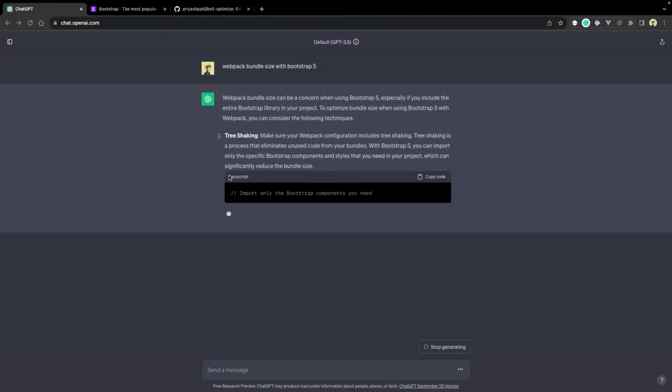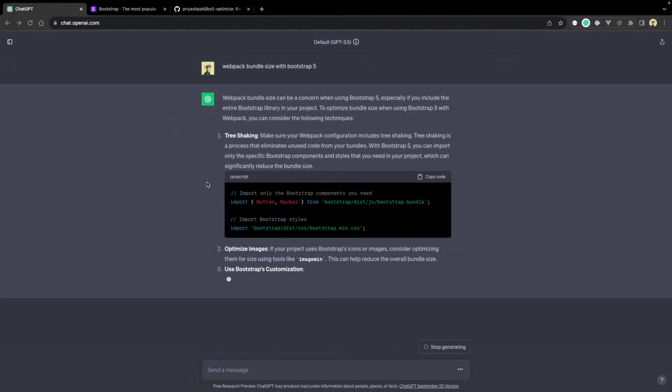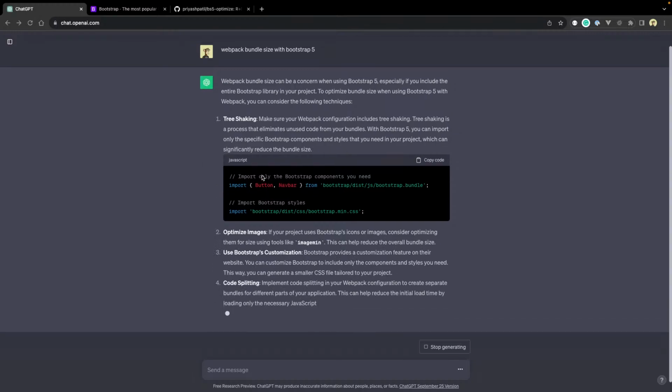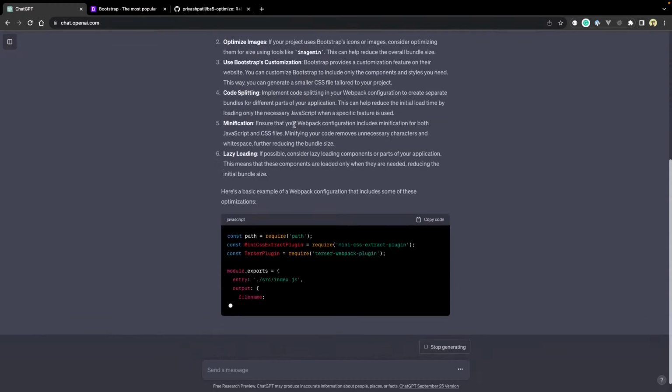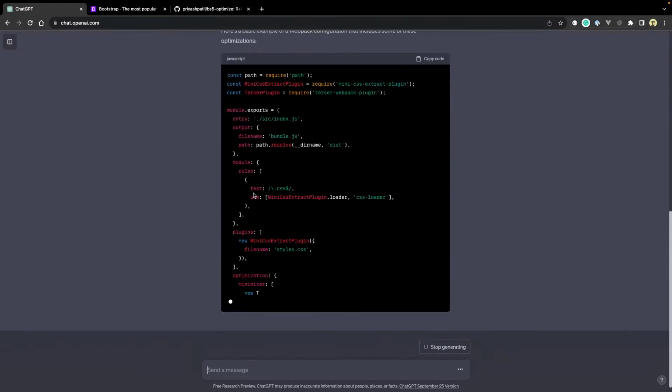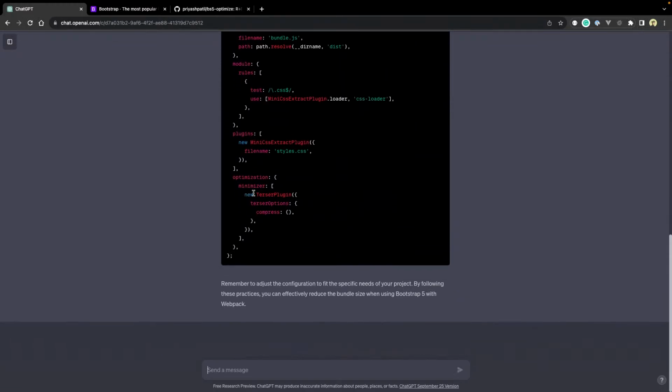Okay, so tree shaking is something we have to enable and everything. Yep, we are selecting these correctly. We have already optimized the CSS. Now, is there any specific